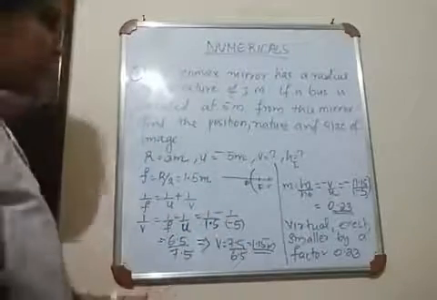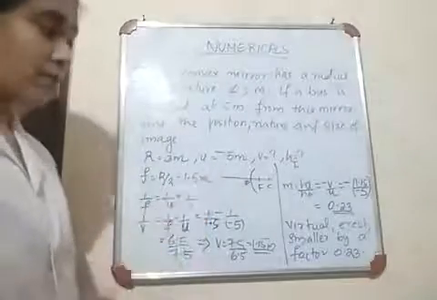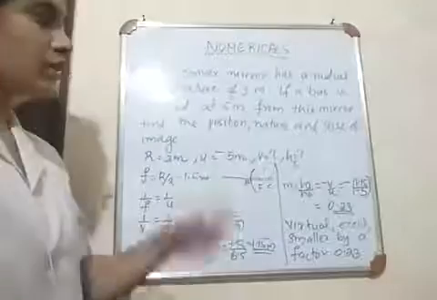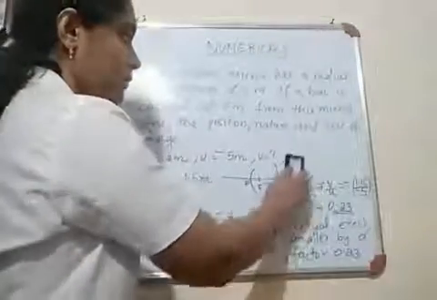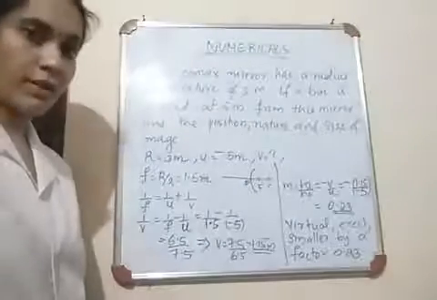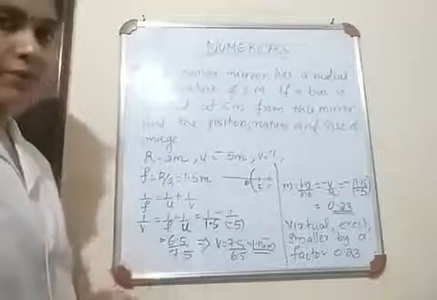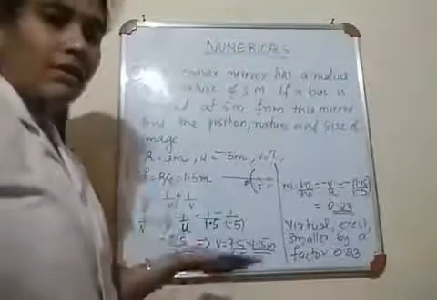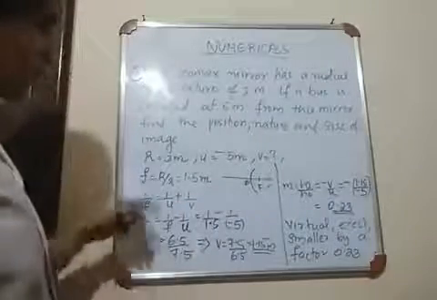Okay. So here radius of curvature is 3 meter, u is minus 5 meter, and we need to find out v. And here there is no need to find out the height of the image. We can just compare it, because the height of the object is not given. The height of the bus is not given here, so we can't find out the height of the image. We can just compare the size of object and image through magnification, that we will discuss now.